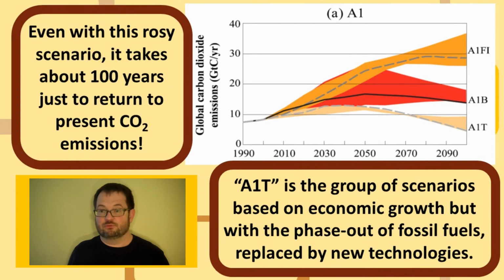I mean, even with this quite rosy mix of power as we try to phase out carbon-intensive technologies, it takes about 100 years just to get back to the carbon dioxide emissions of now. All that time we've been emitting more. We've not done anything to remove carbon dioxide. Oh my goodness, by the time you get to the year 2100 in these A1T scenarios,